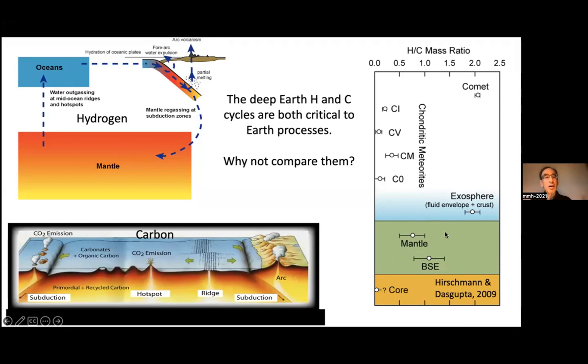In fact, maybe about the first third of today's talk will be about that. And then the second is that when one adds up the exosphere and the mantle and gets a bulk silicate Earth, the bulk silicate Earth has a higher hydrogen-carbon ratio than the chondritic materials that you might assume would be the feedstock of the Earth. And that is a topic, and not so much the hydrogen-carbon ratio, although that's part of it, but also just the amount of carbon and other volatiles that Earth has in its bulk silicate Earth. That's the second half of this talk. So the talk will have two different chapters, if you will.